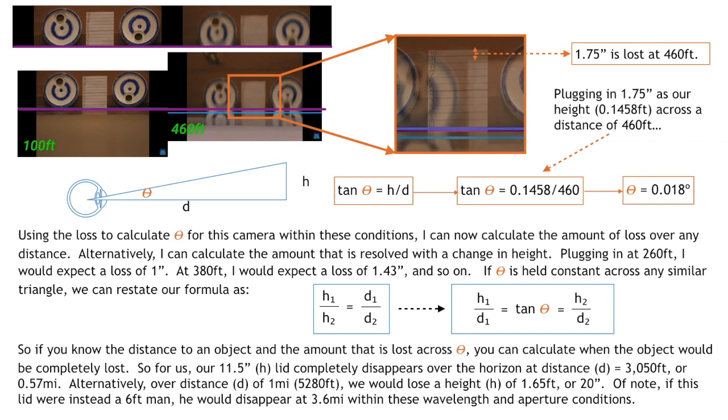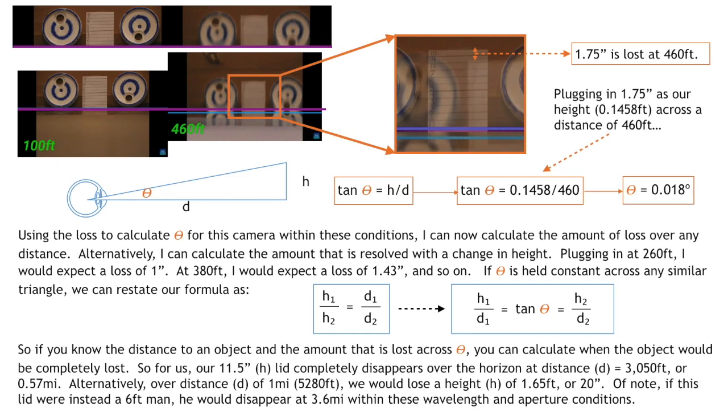So we plug in 1.75 inches as our height, which is 0.1458 feet across a distance of 460 feet. Using our same diagram as we've done before, solving for theta gives us a very similar angle to what we've gotten before, which is 0.018 degrees, very close to our 0.02 degree, 1 arc minute human eye resolution